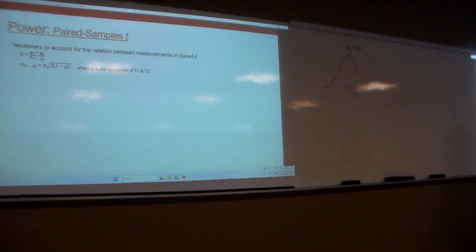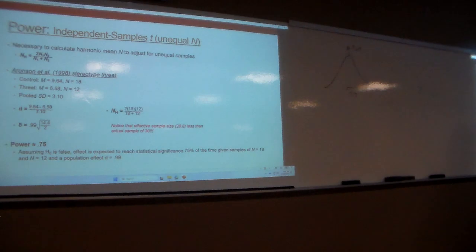All right, questions about the independent sample stuff? So is the harmonic mean the same as the pooled standard deviation? No, this is just, so your pooled standard deviation is your pooled standard deviation. This is just a harmonic, this is just a